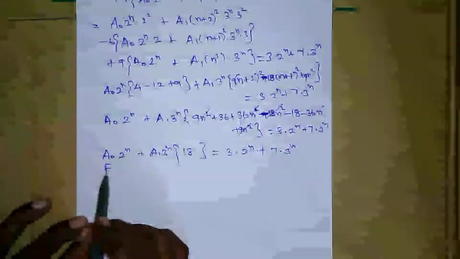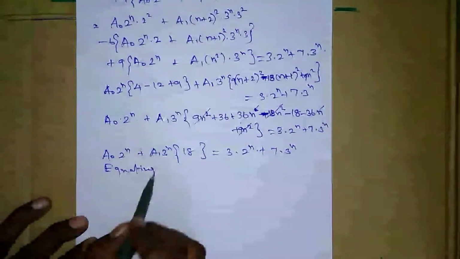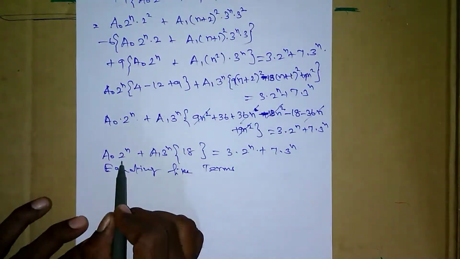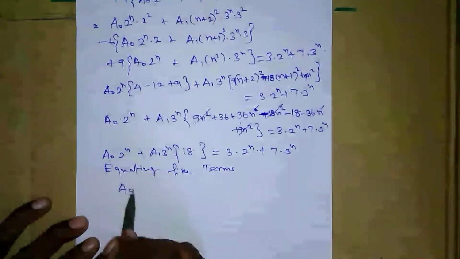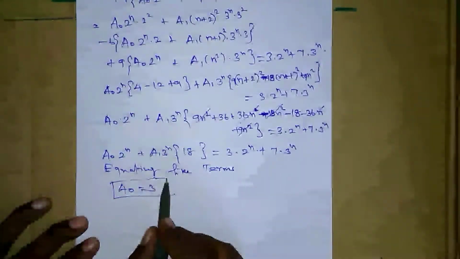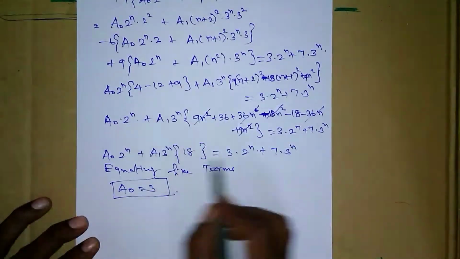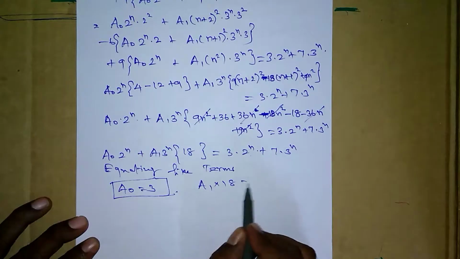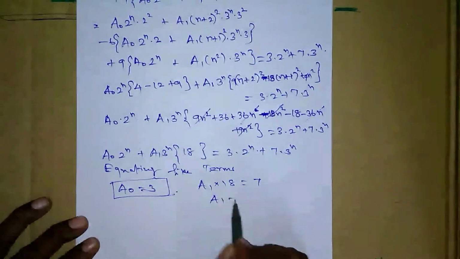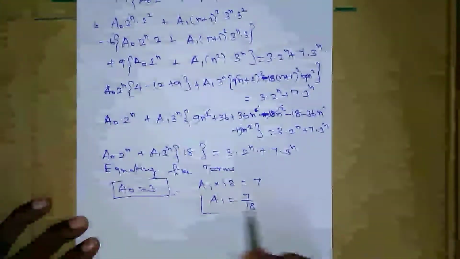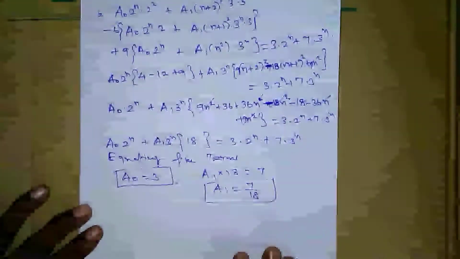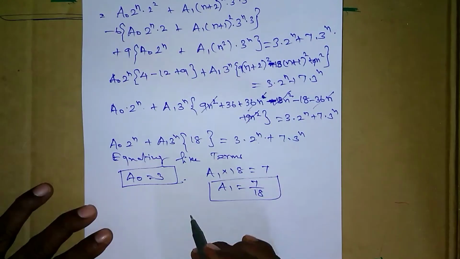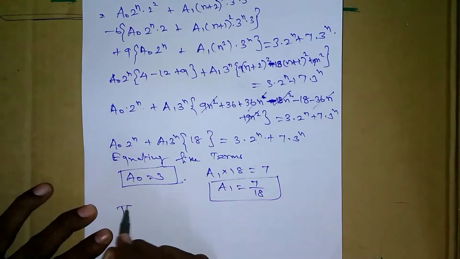Now equating like terms, the coefficient of 2 power n is a0 equal to 3, and the coefficient of a1, that is 3 power n, is a1 into 18 equal to 7, therefore a1 equal to 7 by 18. Substituting the values in the particular solution. The particular solution is